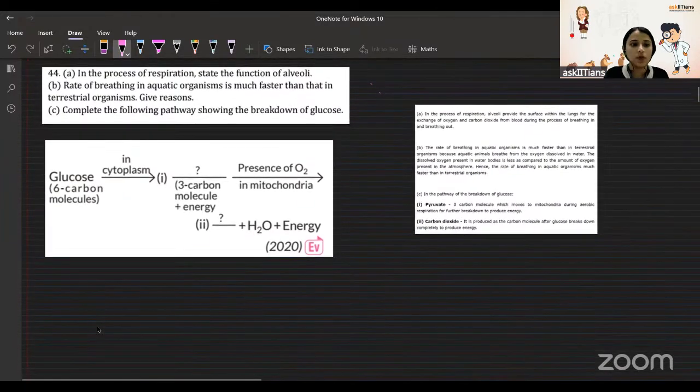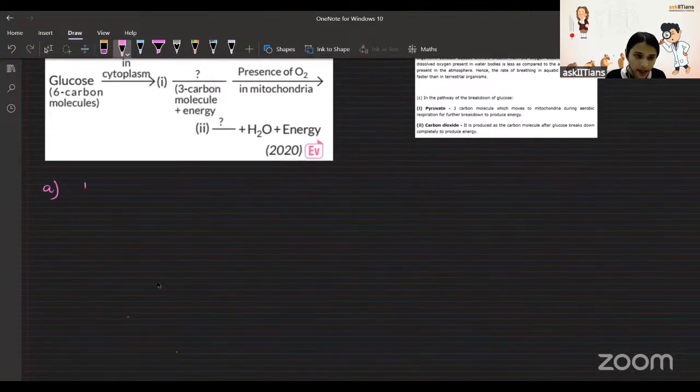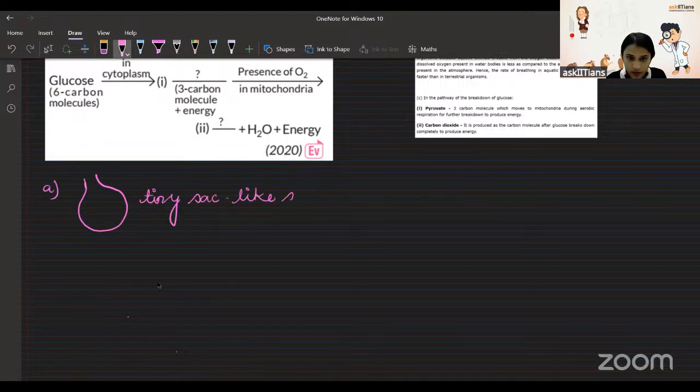Now this question. In this question you will see three parts. It is your 5 marks question. Here the A part is, in the process of respiration, state the function of alveoli. So we know alveoli is a very small, tiny sac-like structure,